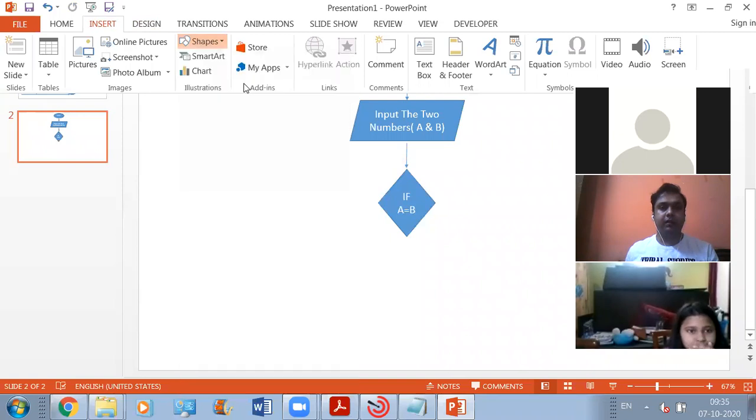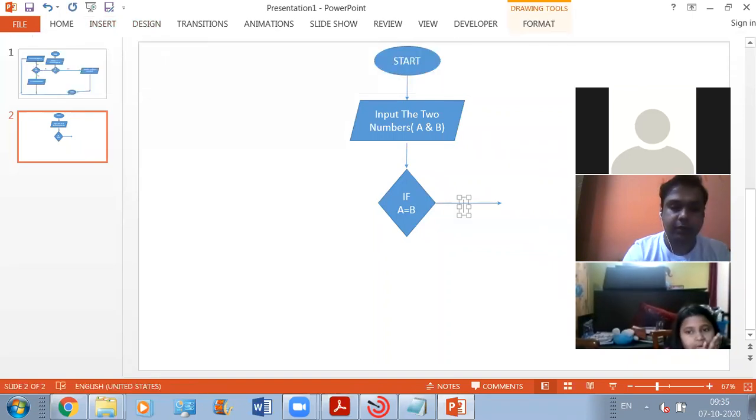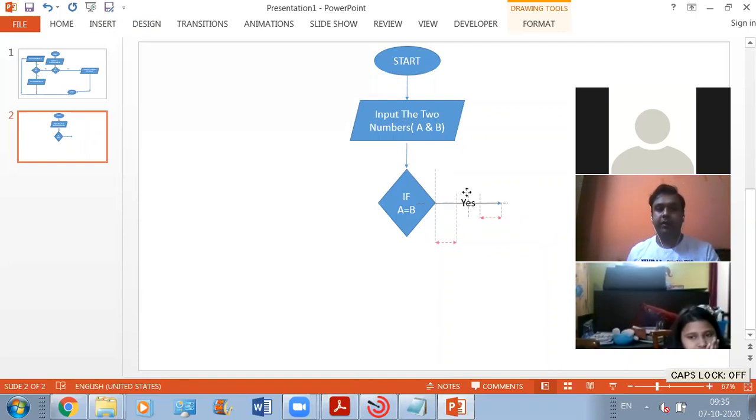For doing that, first of all, we are going to make a flow line like this. Now, on the top of this flow line, we need to write down yes.